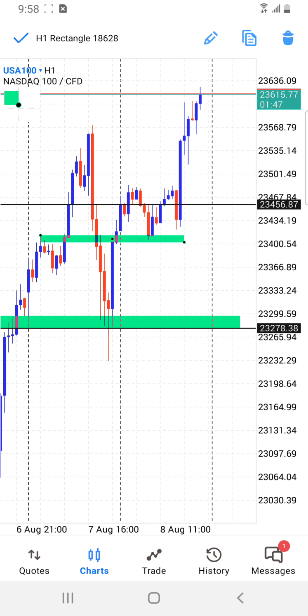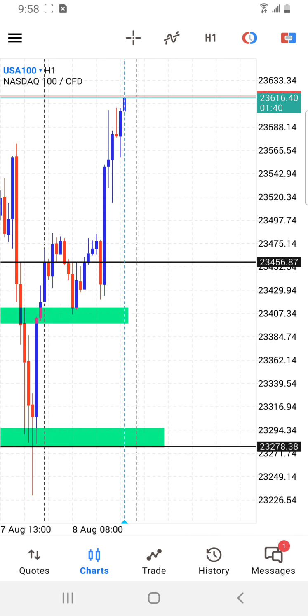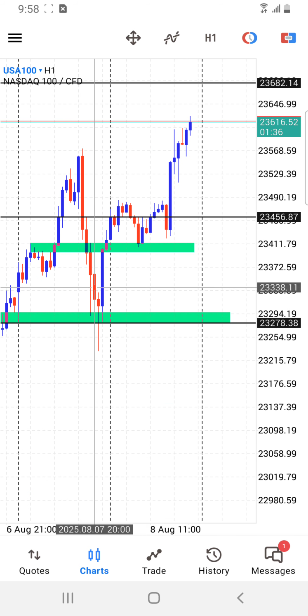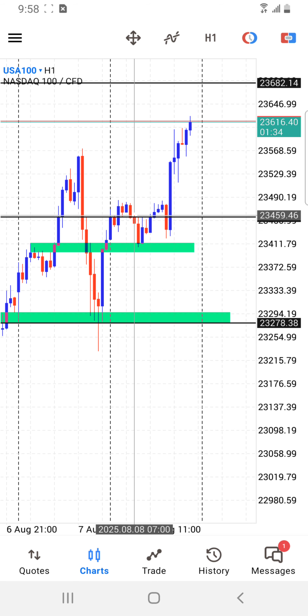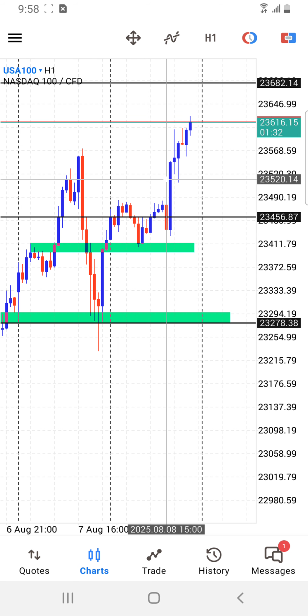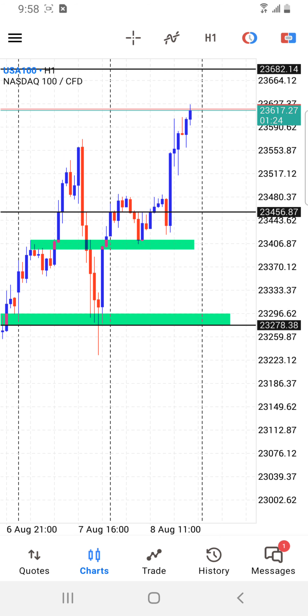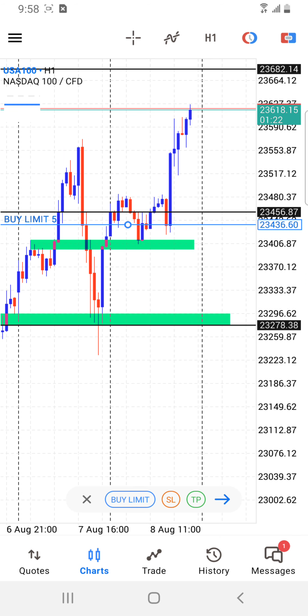Let me mark it. Yeah, so we have that zone over there that was broken by this impulsive move correction. So the next phase obviously was an impulsive move. So immediately I saw the confirmation on this point. Then I took my buys around